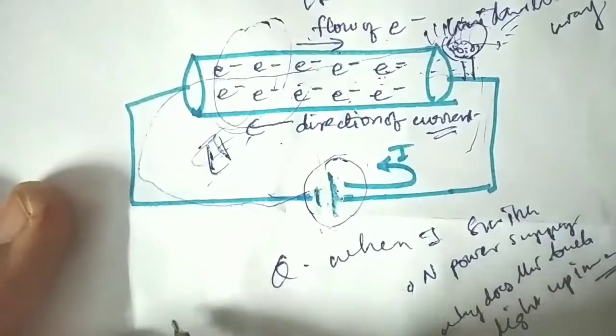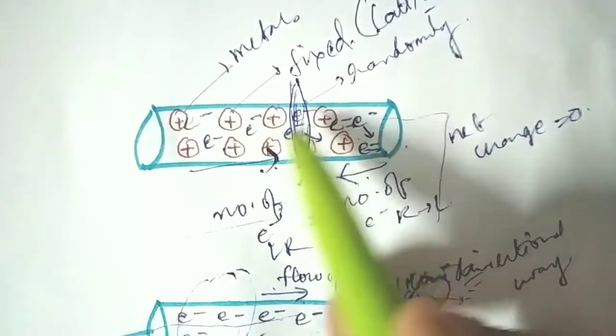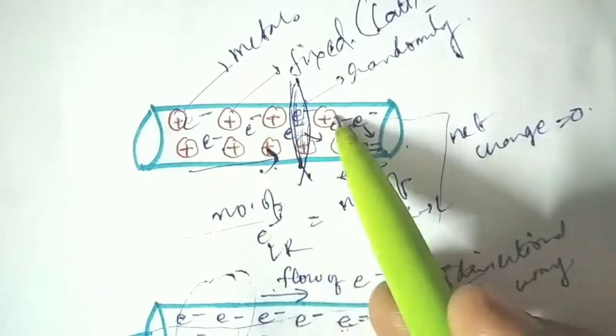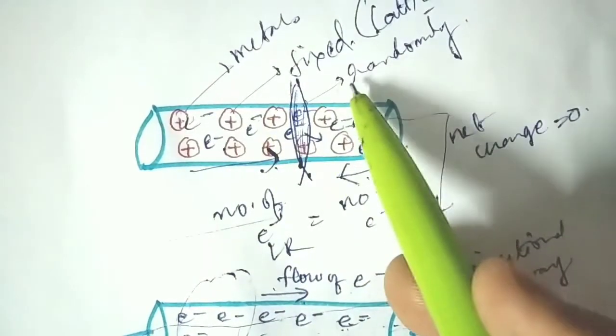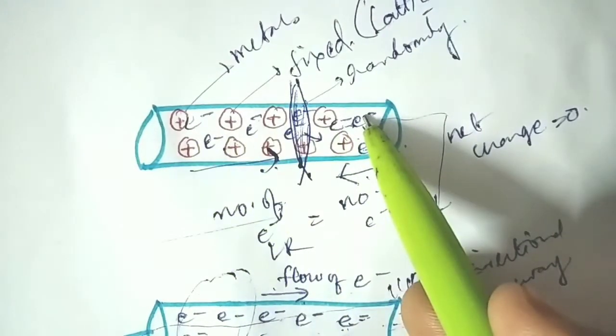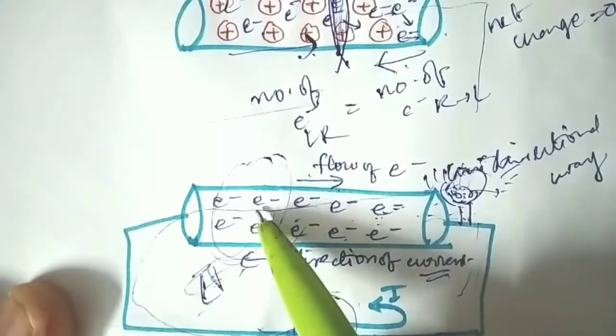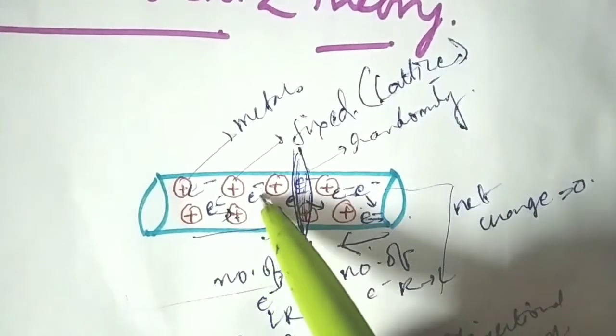Now the next situation here is, as you know, in a conductor there are positively charged particles, but the problem with positive charges is they are fixed here. So when they are fixed, that means they are not moving. Then what about these electrons? Will they be able to move freely in this conductor? No. So there will be a situation where these electrons may get collided with the positively charged particles.